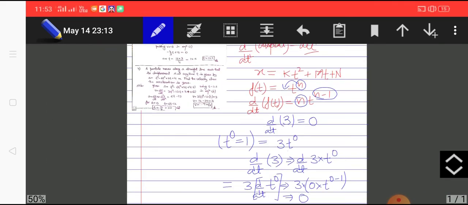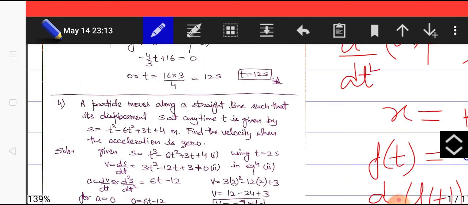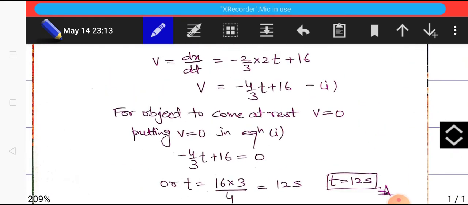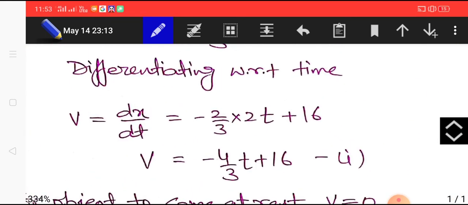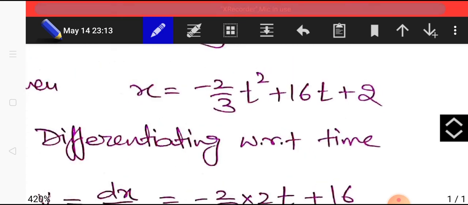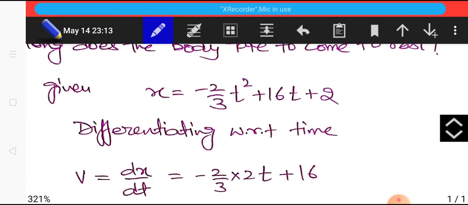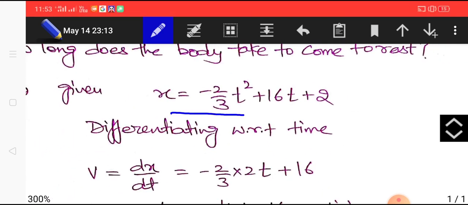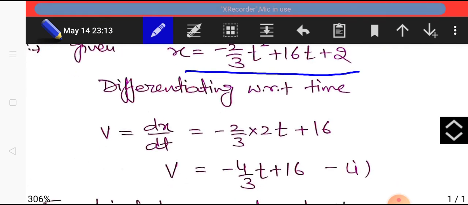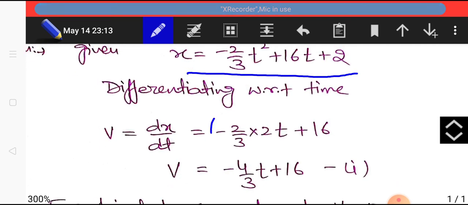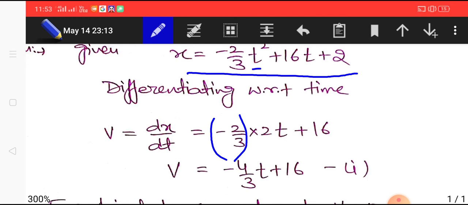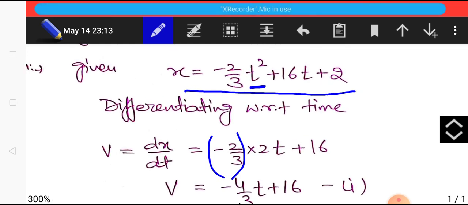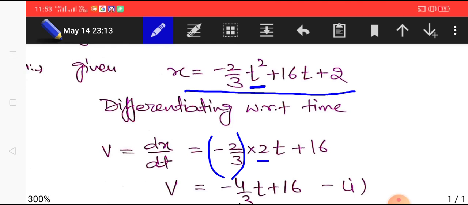Applying all this knowledge for solving the numericals, you can see here this equation is given: x is equal to minus 2 by 3 t square plus 16t plus 2. Now differentiating, 2 by 3 is as it is because it is constant, and differentiation of t square is as I told you 2 will come ahead, and t raised to power 2 minus 1,